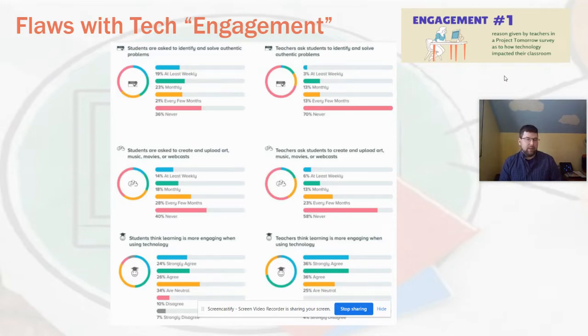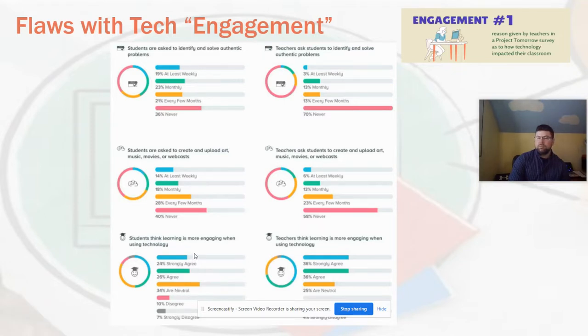Students are asked to create, and students are asked if they think learning is more engaging when using technology. Those are the three questions here, and even though that blue bar was way up high, 80% plus with how often you use the technology,